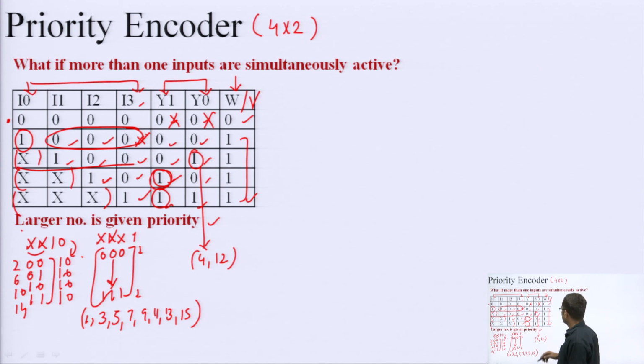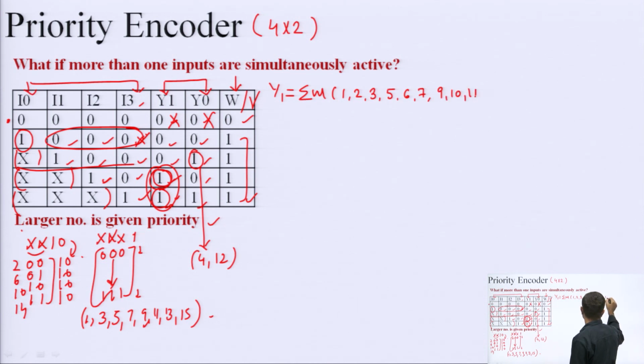Okay. So, now if I write the min terms for y 1, so y 1 is giving me these 2 high outputs, which corresponds to 8 cases from here and 4 cases from here. So, arranging these 12 cases in the ascending order, we can have 1 2 3, then 5 6 7, then 9 10 11 and then 13 14 15.